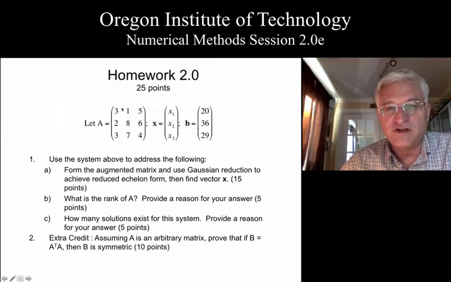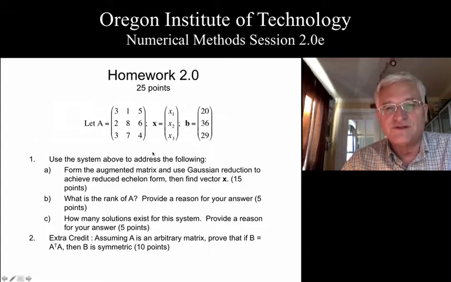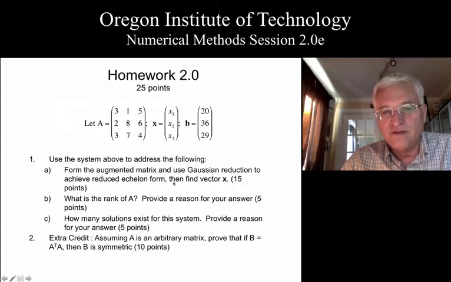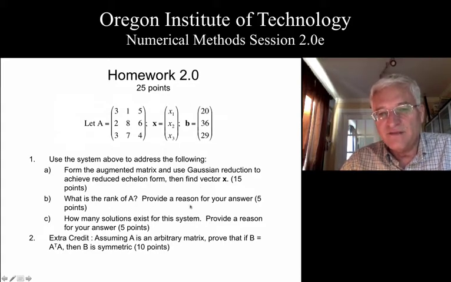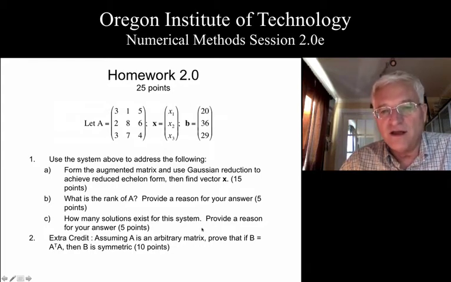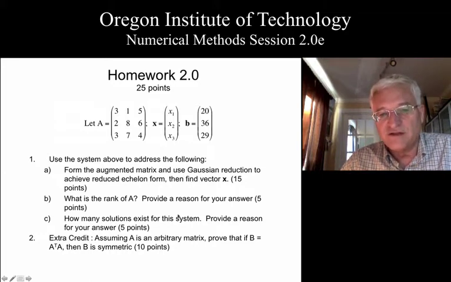So let's give ourselves a shot at trying our hand at a 3x3 and see if we can solve that. And we'll just do Gaussian reduction to see if we can solve this system. So give me a solution by augmenting the matrix A with the B vector and take it to echelon form. Determine if, in fact, it's singular or not. And if it's not singular, then go all the way to reduced echelon form and find the vector. After you do that, tell me what the rank of A is, give a reason for your answer, and tell me how many solutions exist for the system. And I want a reason for that. So that's fairly straightforward, a mechanical exercise.